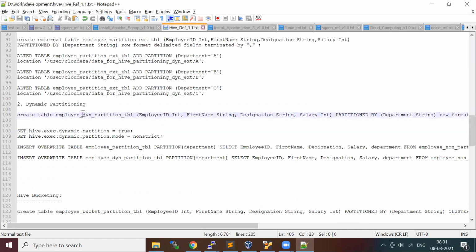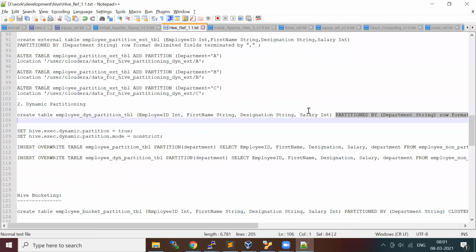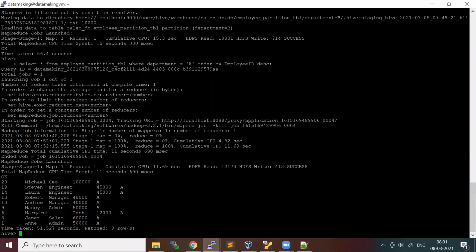I've just given dyn in the name to differentiate, but for the table creation there's no difference. You just have to provide the partition by column. Only the loading will be different. I'm creating one more table for dynamic partitioning.